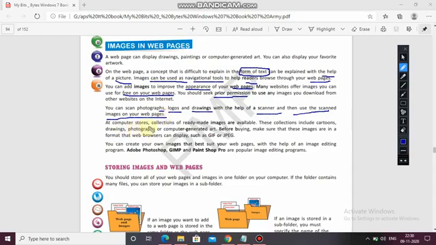At computer stores, collections of ready-made images are available. These collections include cartoons, drawings, photographs, and computer generated art. So before buying, make sure that these images are in a format of web browser such as GIF and JPEG, means the format of your picture should be supported by the web browser, GIF and JPEG. Okay.